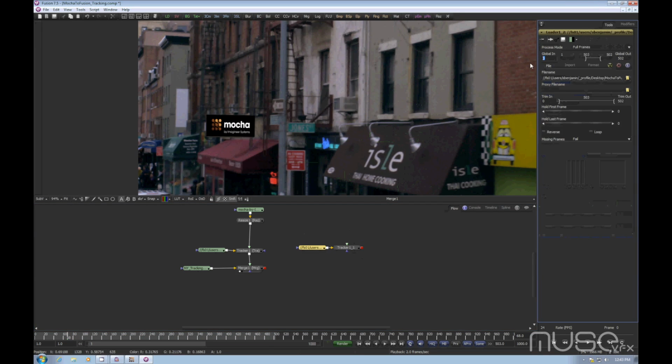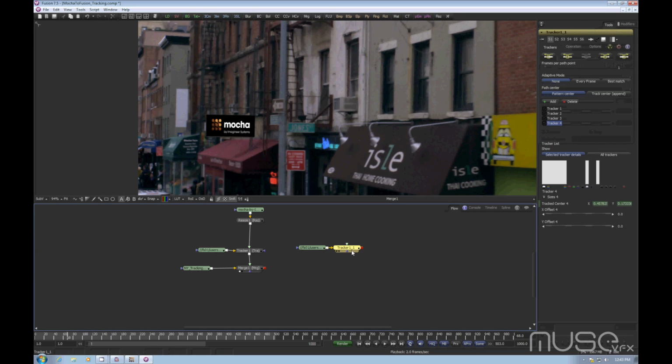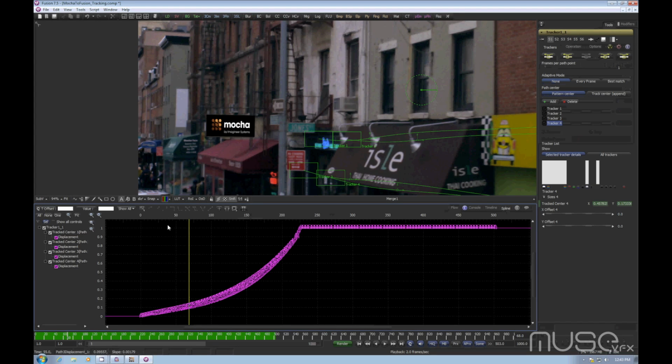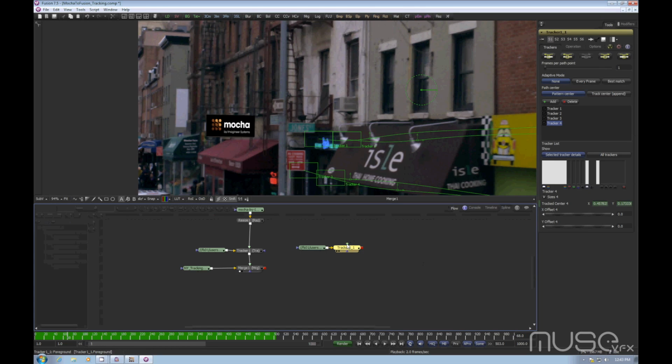Go ahead and make sure that this is set to 1, and make sure that my trackers also start on frame 1. So time offset 1, push everything over, and then I'll plug in the image into my foreground,